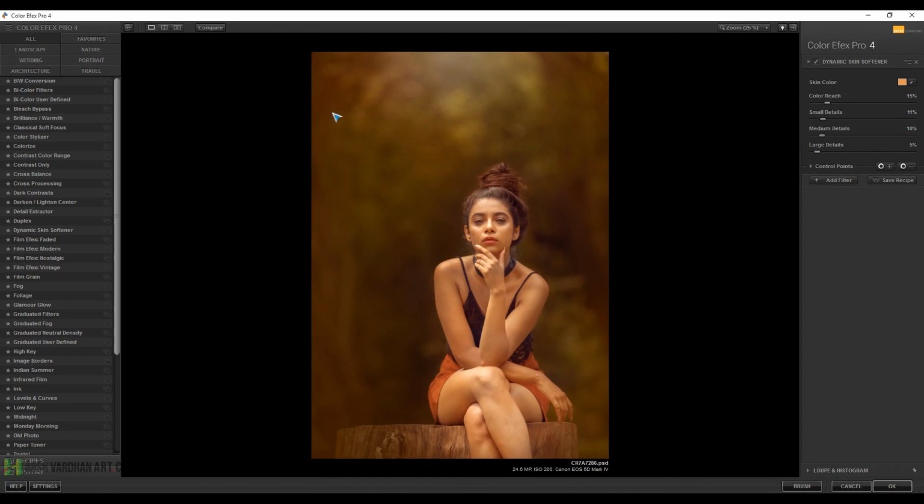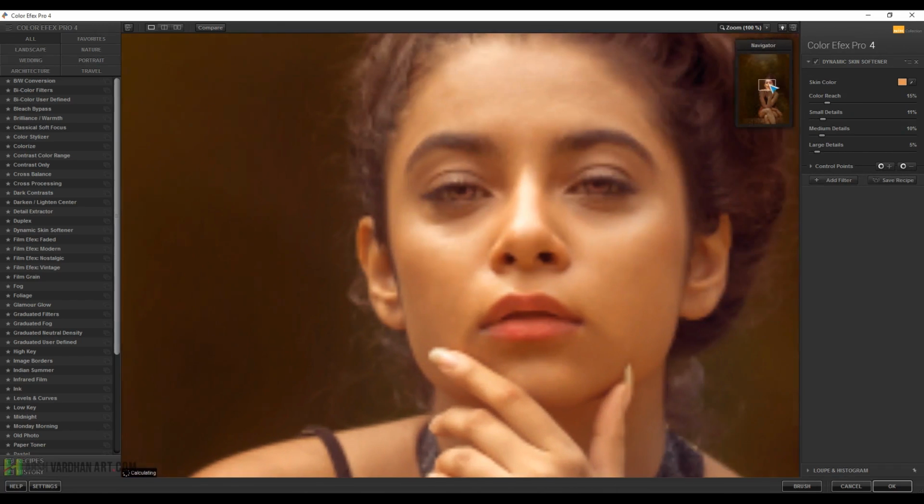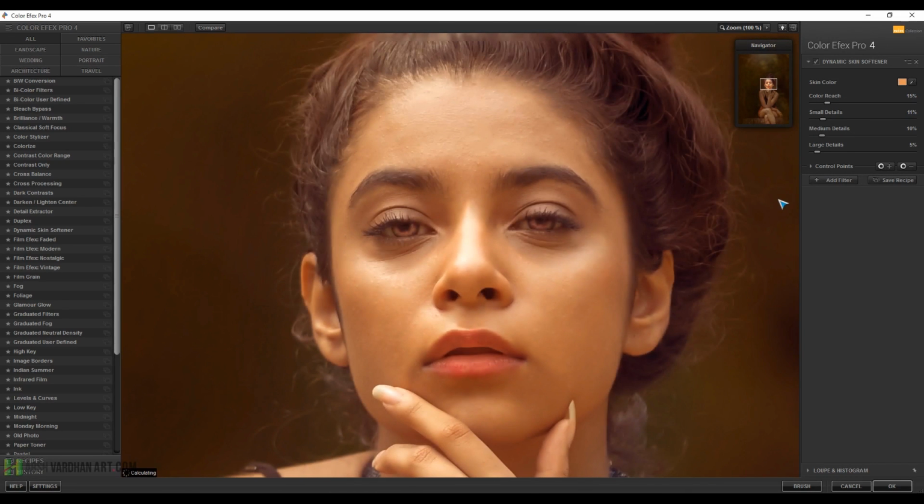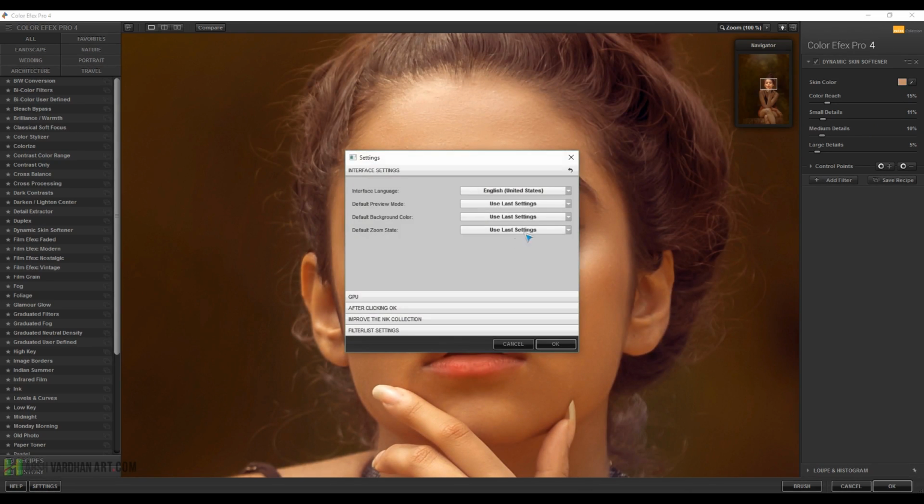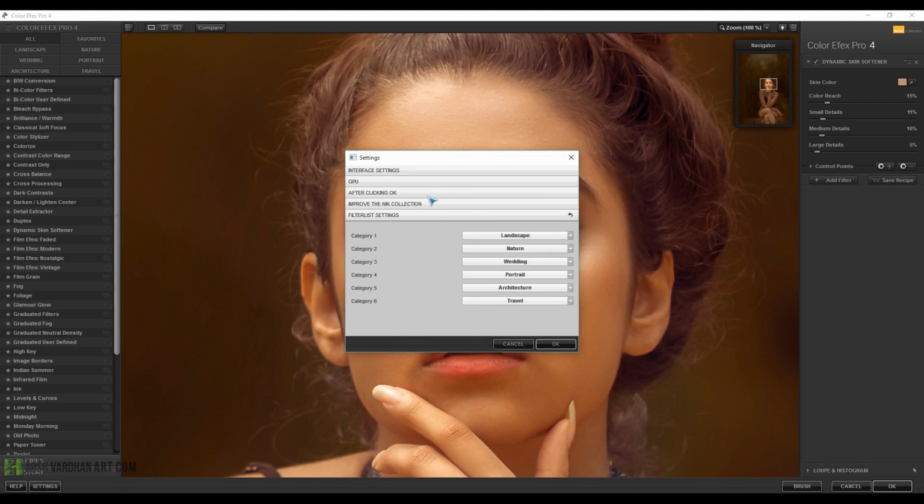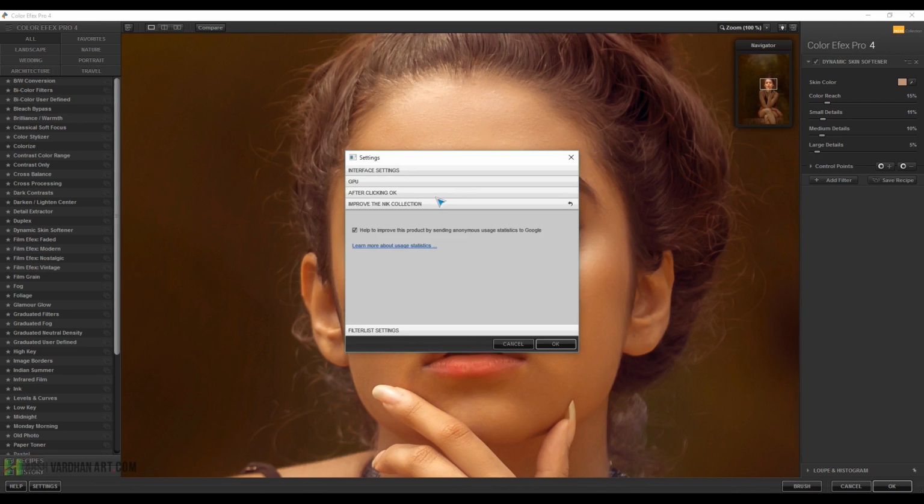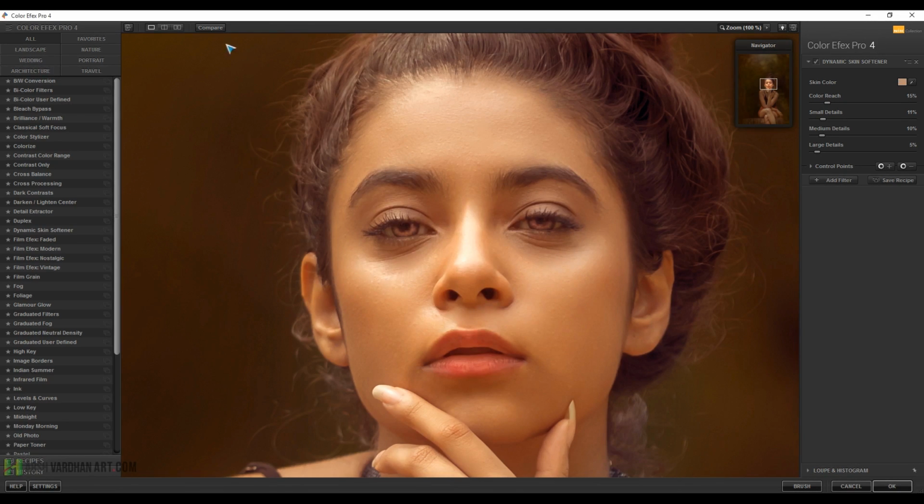And I will select the dynamic skin softener, and let me zoom into 100% to see how the skin looks. And I will select this color picker tool and select this color from the skin, and let me change its settings. After clicking, select apply this filter on the same or the current layer, and then you can press compare to see the before and after,